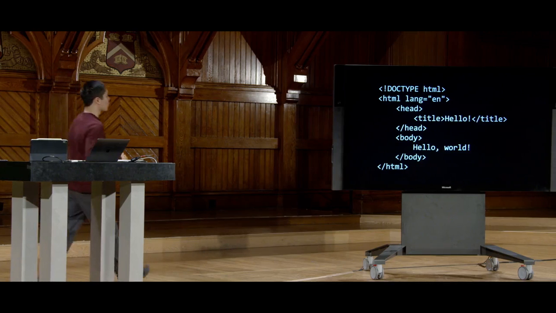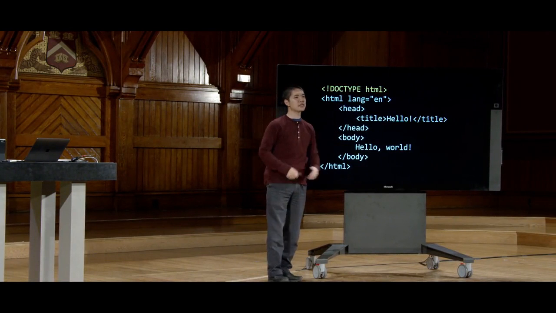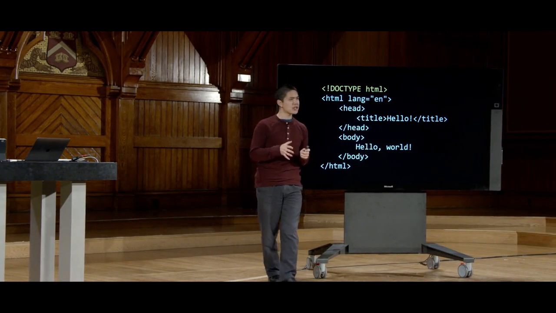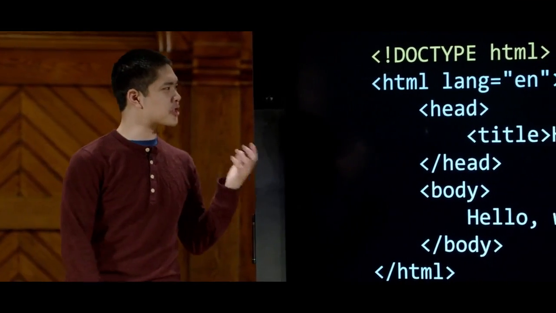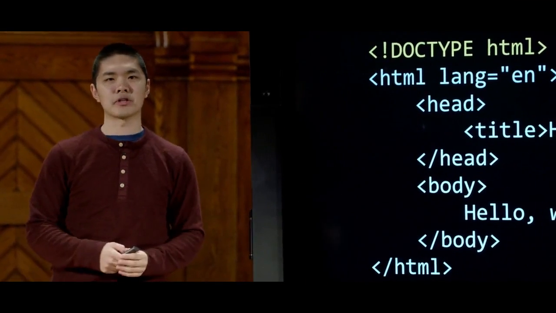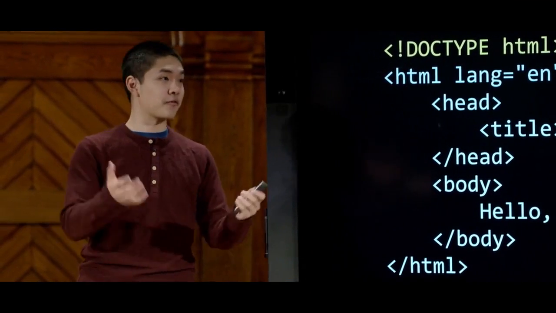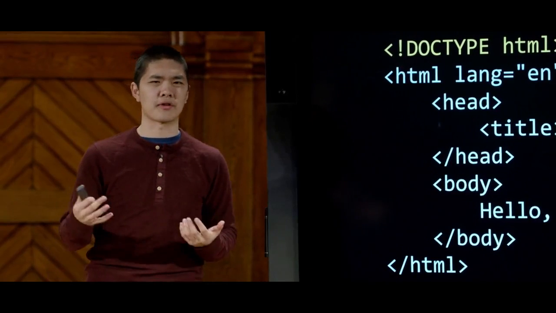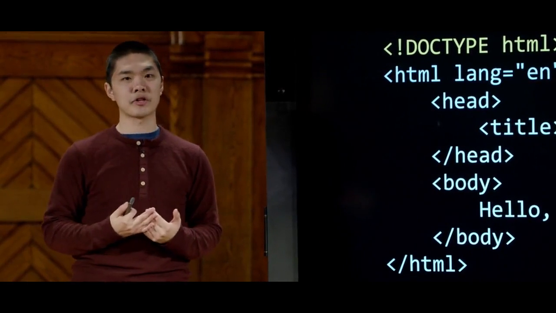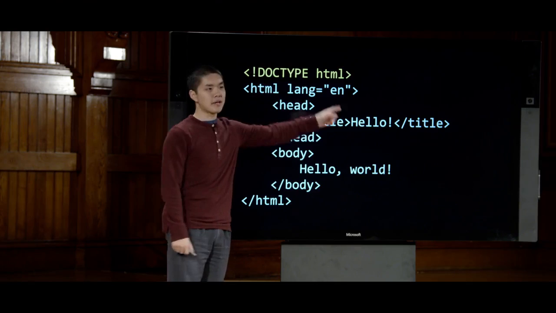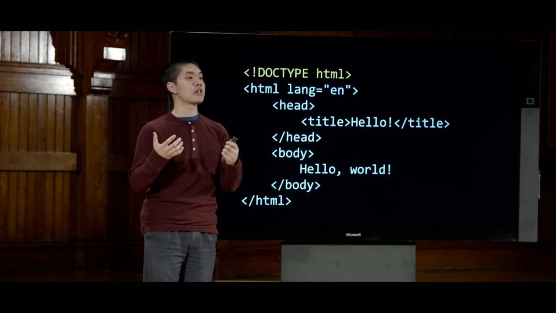So here again was the web page that we were just looking at. And this very first line here, doctype HTML, is what we might call a doctype declaration. It's a way of telling the web browser what version of HTML we're using in this particular web page. Because depending on the version of HTML, the web browser might want to display different information, or it might need to parse the page a little bit differently. Each version of HTML has had a slightly different way of indicating that version. But this line here, doctype HTML, is our way of saying that this HTML page is written using HTML5,